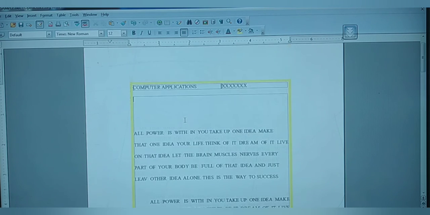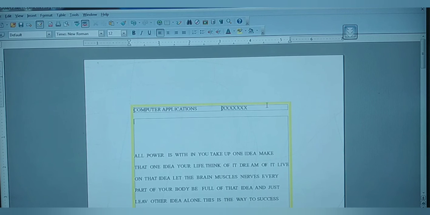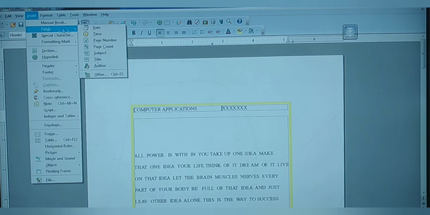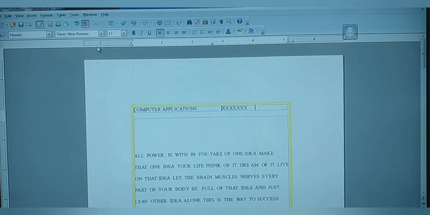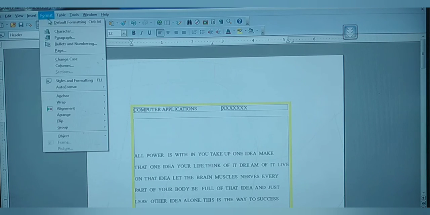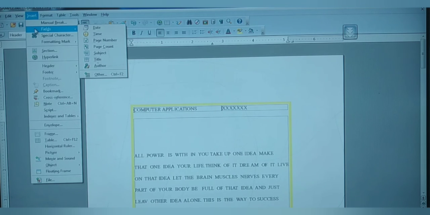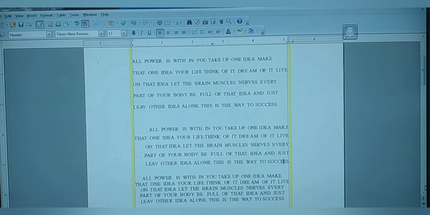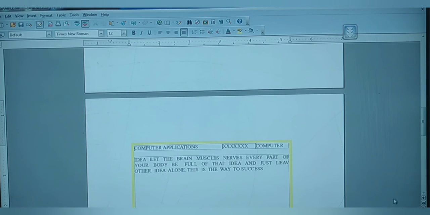So just now you see here, if I am going to insert another field here, we can check whether it is reflected in the next page or not. Insert Fields, we can have page count. Otherwise you can have another. Insert Fields, Title given, we can give Subject. Again we are going to have the same term only, computer. And now we can check whether it is reflected in the second page also. Yes, automatically it is reflected in the second page also.